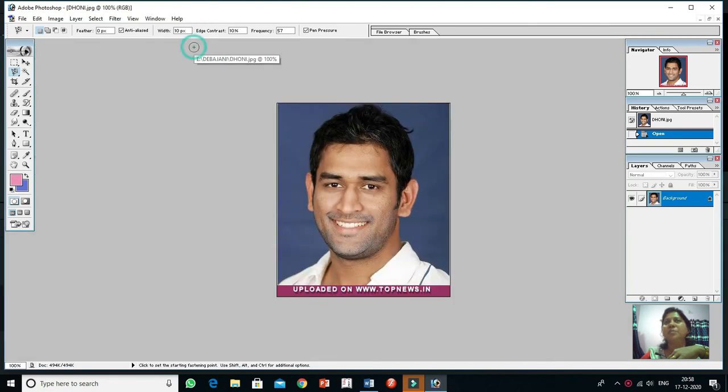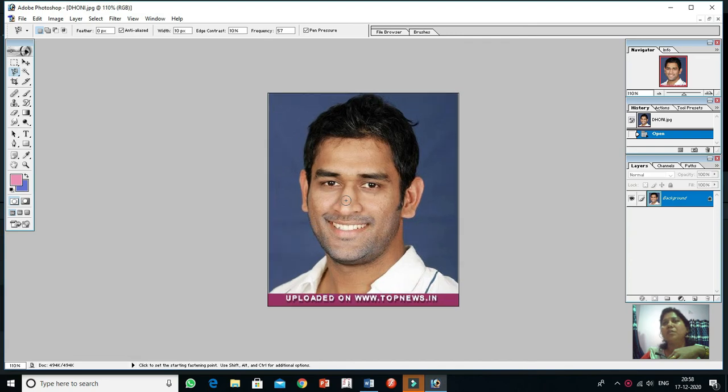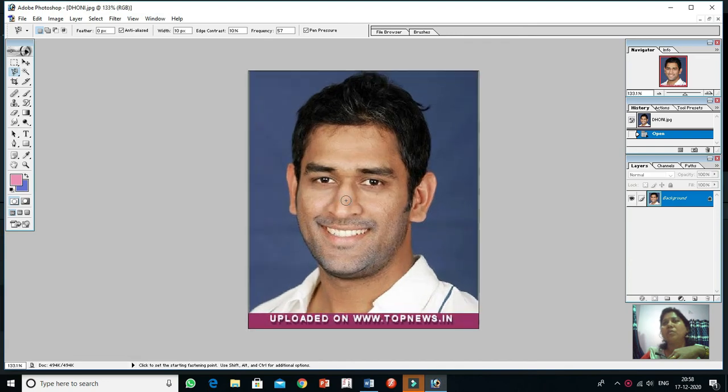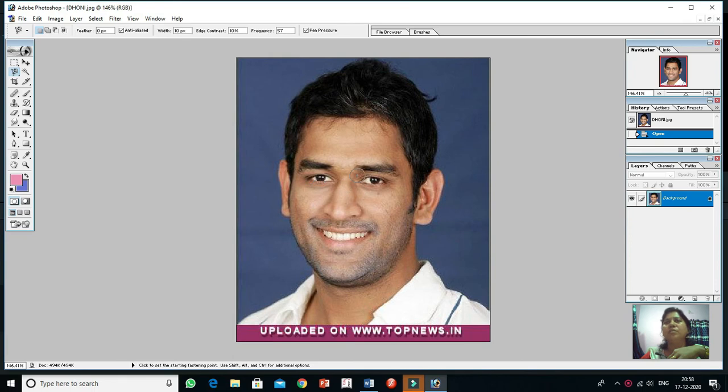Now maximize it. Now for zooming, scroll the mouse. Okay. Now select the area to change the color. For selecting the area, the lasso tool is here. You can choose any type of lasso tool. As I am selecting the magnetic lasso tool,